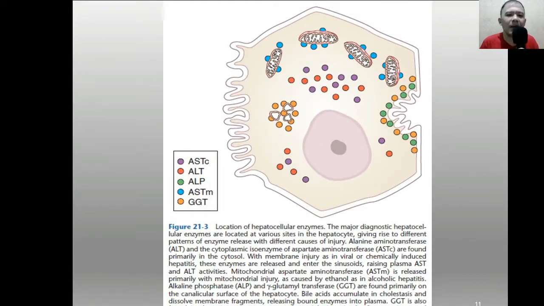So here is a hepatocyte where we have illustrated the different enzymes inside, and these enzymes become significant when the cell membrane, okay, the membrane is damaged. So for example, there is a damage. This is the microvilli, okay. This is the sinusoidal phase, okay, or sinusoidal part of the hepatocyte. This is the canalicular, okay. Sinusoidal, where